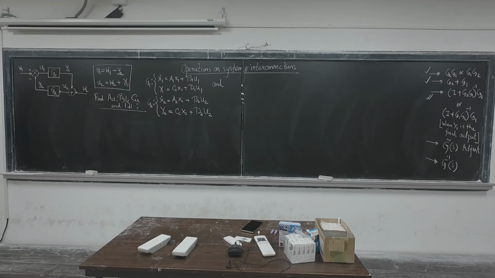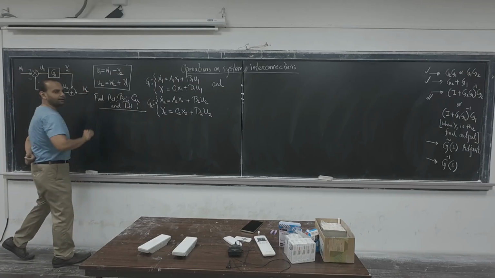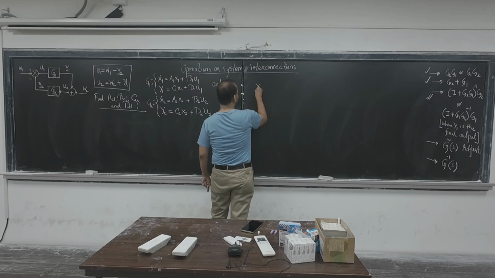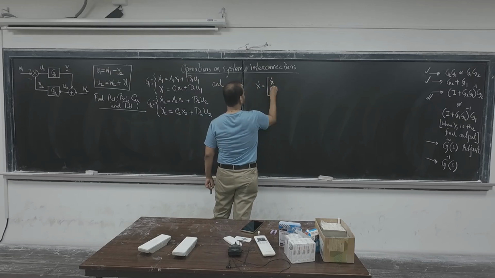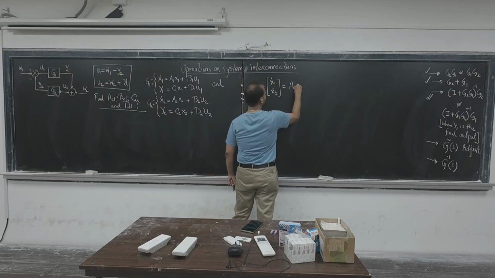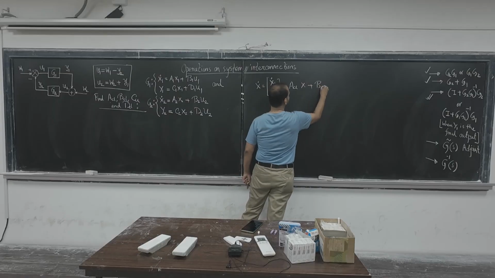I hope you have understood the problem, that is what needs to be done. That is, we have to find out this ACL, BCL, CCL and DCL, right? So for that, how should we approach? Like that day, here also we are going to have a combined state vector x, which will be x1 and x2. So one of the expressions, that is, capital X dot, that means x1 dot, x2 dot, equals ACL x plus BCL